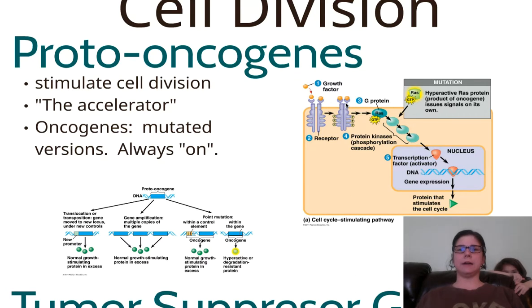Two types of genes that factor into cancer that you guys looked at. We had the proto-oncogenes, which is the gene similar to putting your foot on the accelerator. They speed up cell division. It makes it go to the next level, puts it in hyperdrive. In oncogenes, the mutated versions, they're always on. And you only need one of the alleles to be mutated for this to be on. When I say on, it means that it's going to increase it. Since you only need one allele mutated, it is a dominant